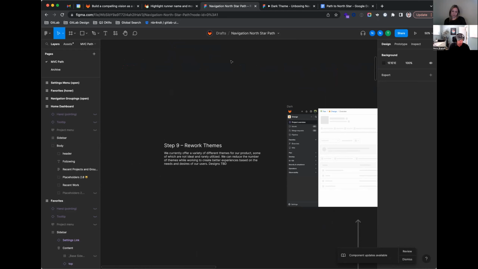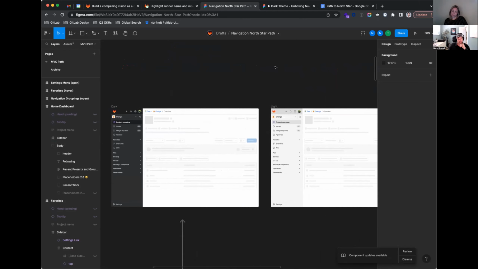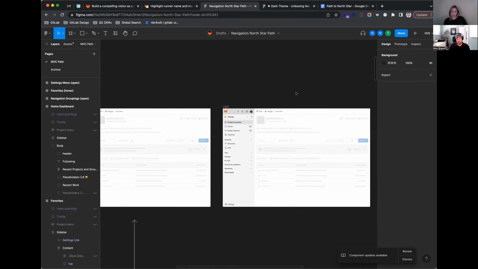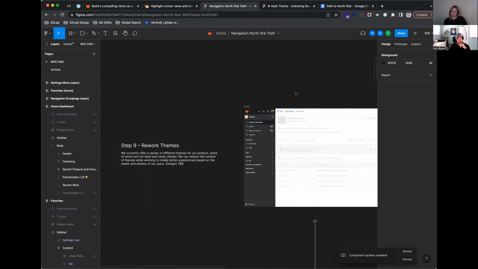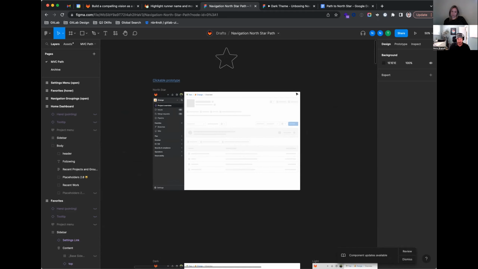So we have, I think, like 10 different themes, some of which I'm sure are very minimally utilized. Things like the red theme, I don't know if anyone would really use that. So the idea is that we would reduce the number of themes and focus on a dark version, a light version, maybe a brand version, and some accessibility-oriented themes, based off of those needs. So this is our last step towards getting to what we have here as our